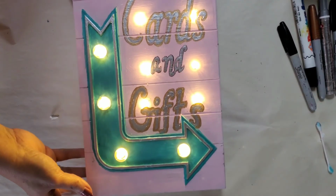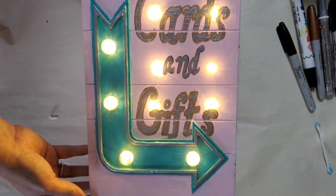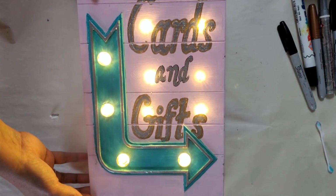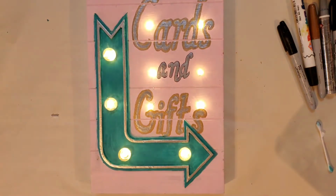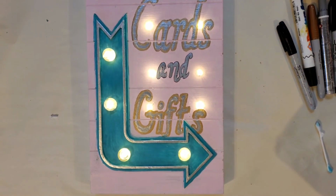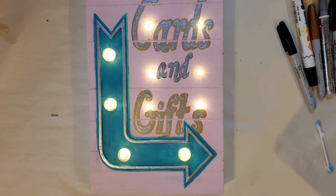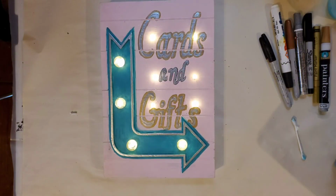Alright, so I thought I would show you how our gifts and card sign turned out. That's with the lights out. Let me go ahead and turn the lights back on. So I think that's going to be cute. I do think that lights out or lights off, I do need to outline this in black. It'll be easier to read, but I think it turned out to be a really cute wedding craft. I hope